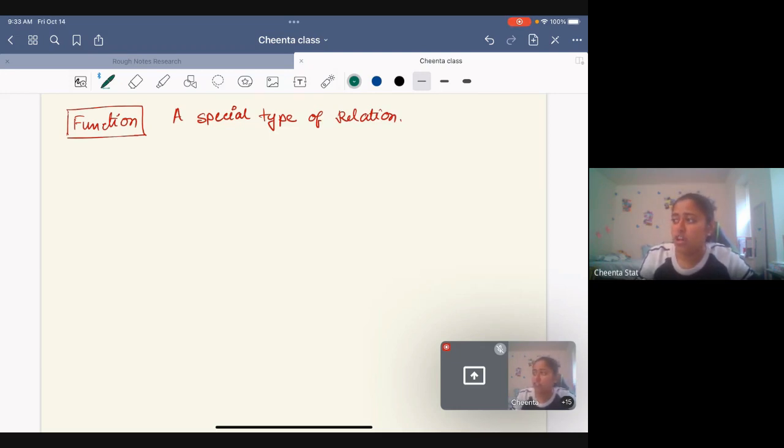A function from set A to set B, we call a relation F, such that from A to B, A is the domain and B is the codomain or range in this situation, such that it holds a property, very important, you need to understand it a lot, like for every element in set A,